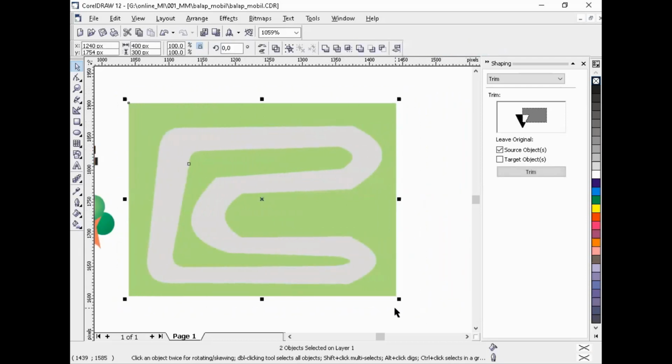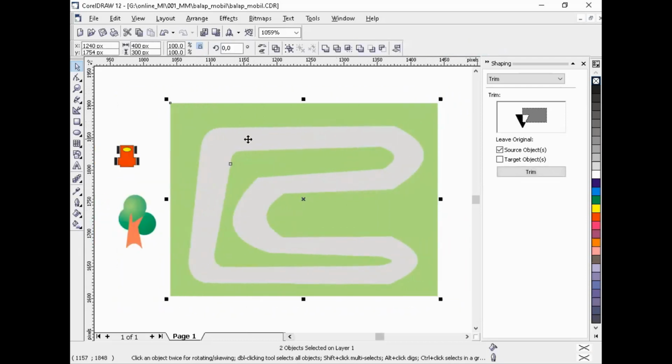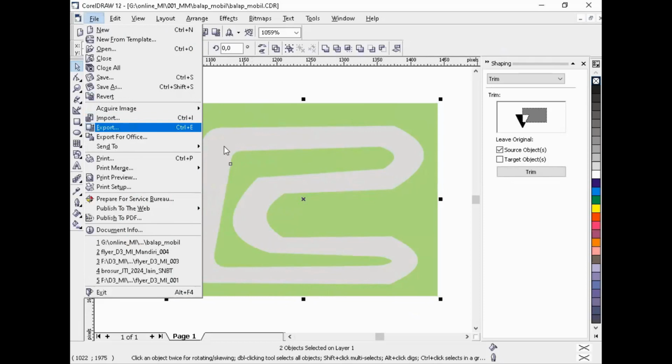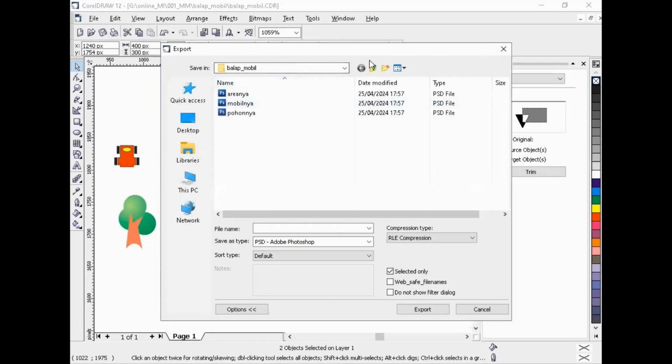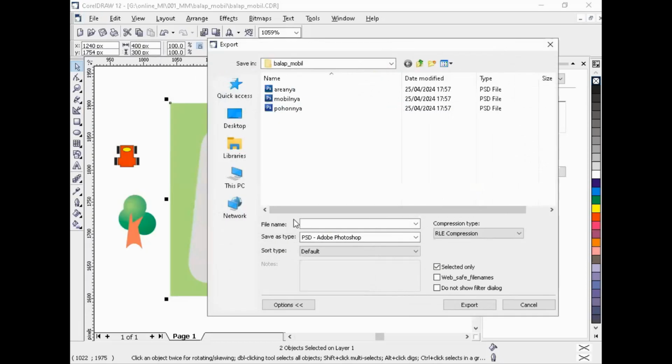I use an old version of CorelDRAW. Yeah, export, and export to PSD format. Yeah, PSD format, because Flash can import the PSD file.